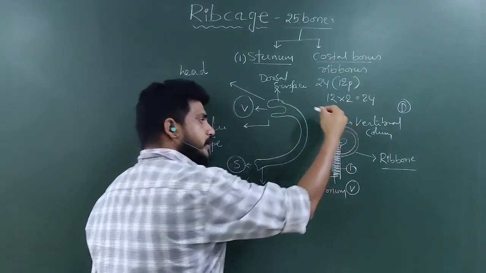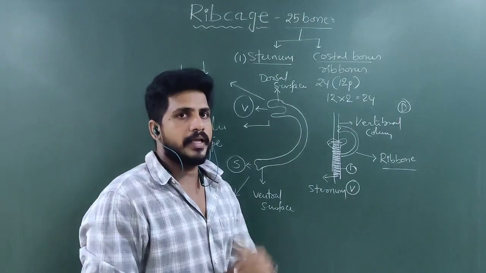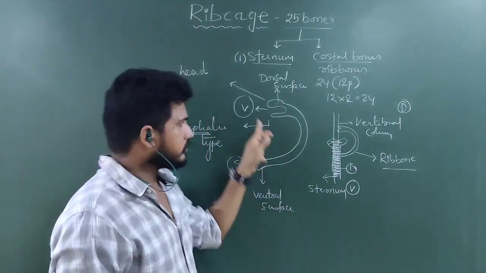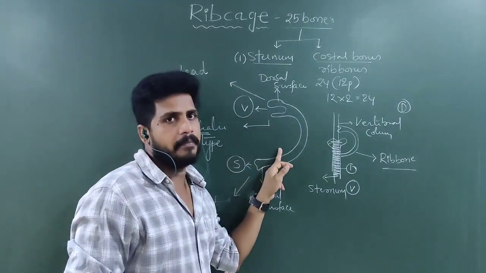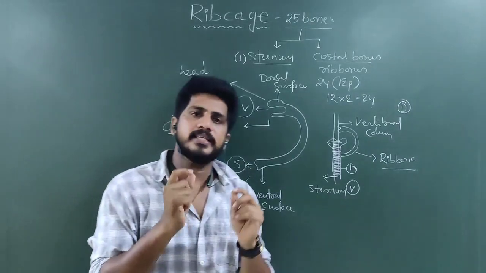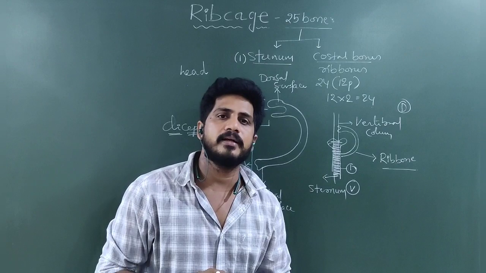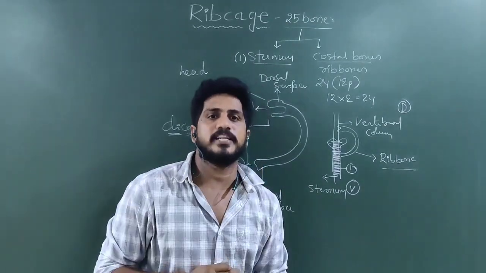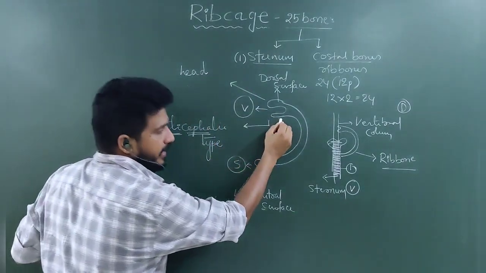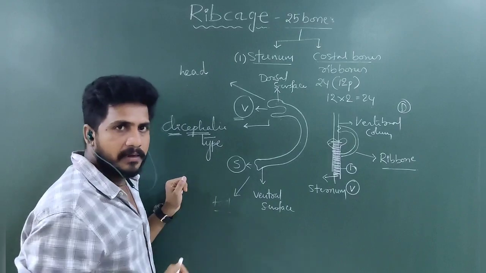From the vertebral column to the sternum, so many bones are connected. They are called rib bones. Each rib bone is dicephalic. Dicephalic means the head portion of the rib is articulated. Articulation means one bone joining with another bone at a junction, nothing but a joint. The place where two bones associate is called articulation. So, the dicephalic head is articulated with the vertebral column.